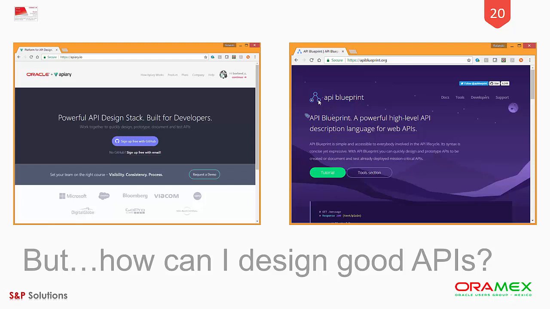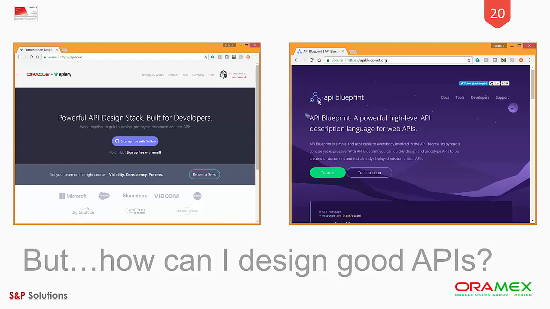So I am going to let Leonardo introduce himself and the type of demo that we are going to deliver. He's actually going to create an API from scratch. He's going to make a first version of that API, then we are going to review it and see if he was applying design principles or not, and then we are going to elaborate on how to apply those good principles, and then you are going to see the difference between the first version and the final version of the same API. After that, we are going to use some command line utilities from Apiary.